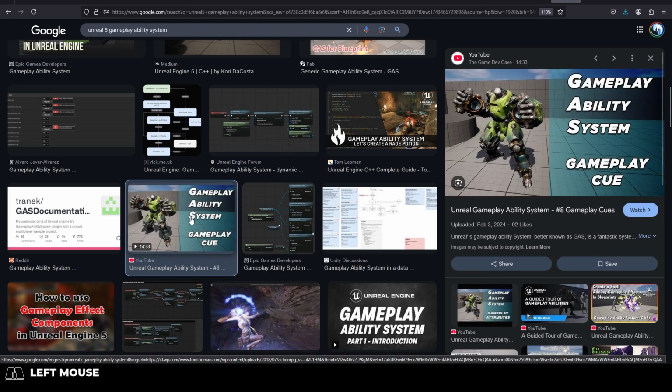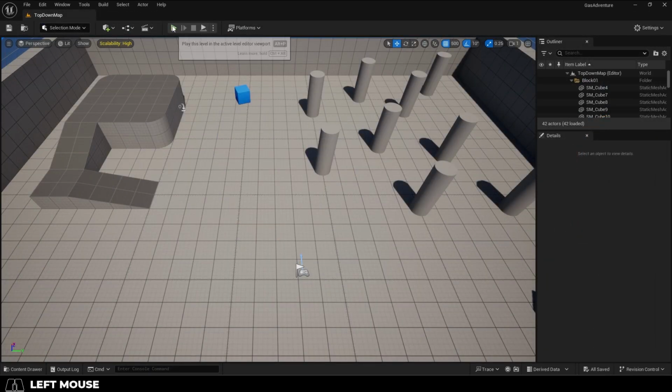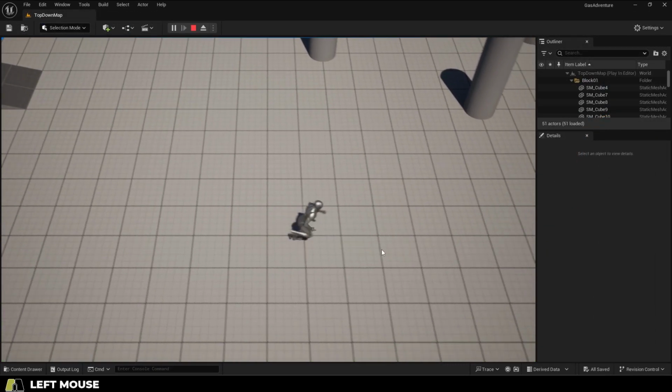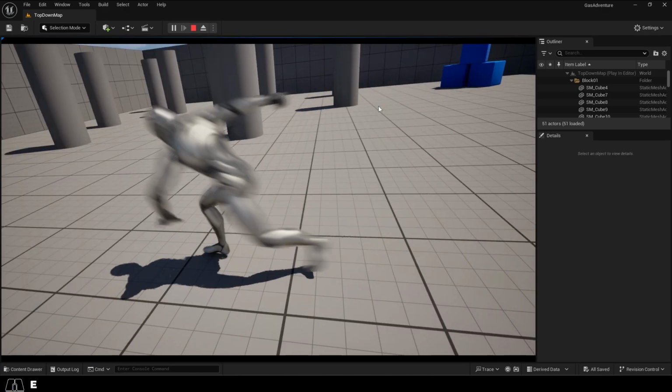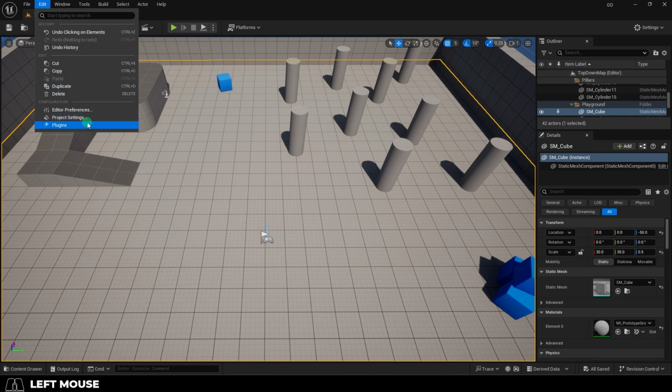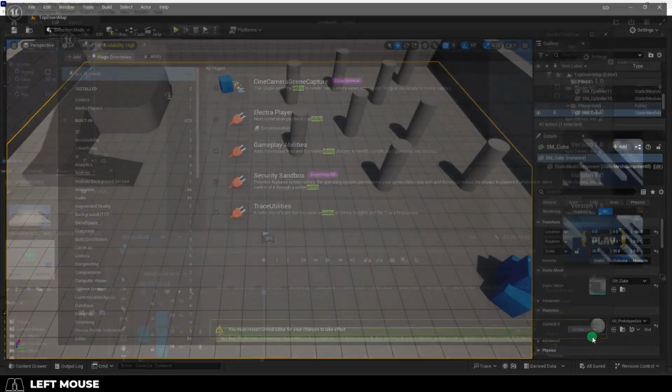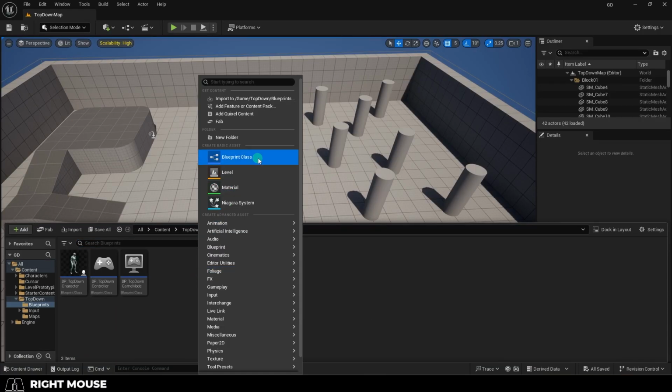So for today, we are just going to make a basic GAS related system that moves the camera to a position and a rotation whenever a particular animation montage is triggered using the E key. So up under Edit, Plugins, add the Ability System, restart your project, and first let's right click, add a new